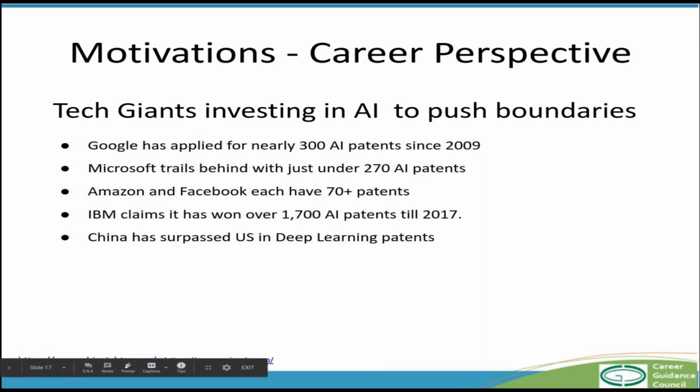US and Silicon Valley, which is thought to be the hub of everything, is now being overtaken by China. Companies like Baidu, Alibaba, and all are recruiting heavily experts in machine learning from US, and then trying to come up with products and ideas which they can patent using machine learning and artificial intelligence technology.